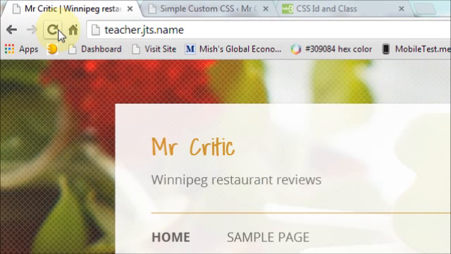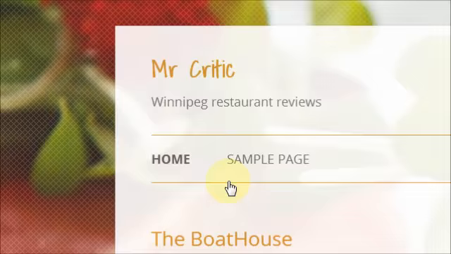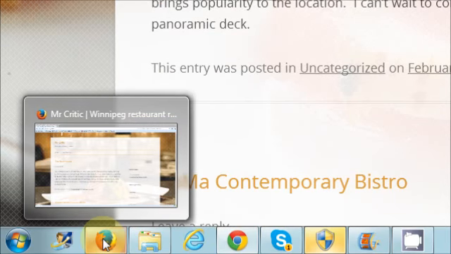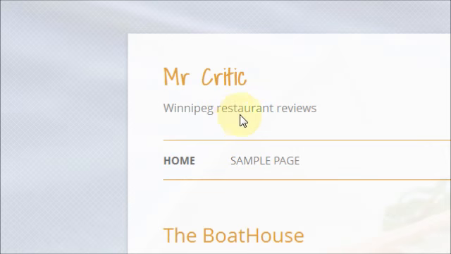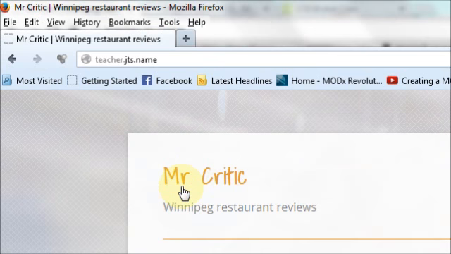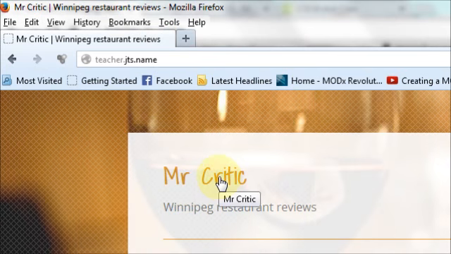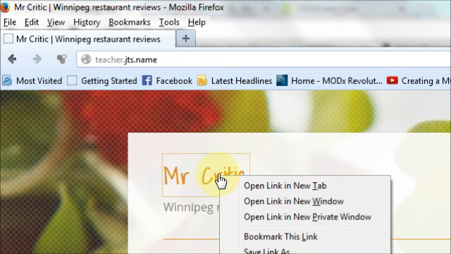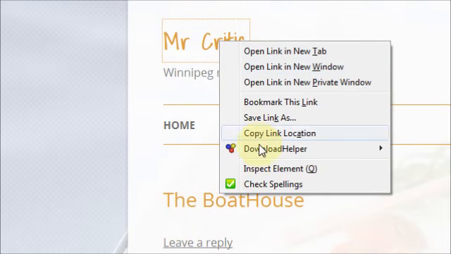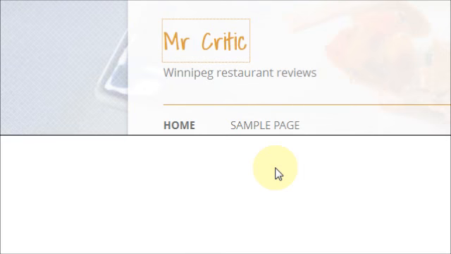So let's try and find the ID selector for the header title here, and you can do that in Chrome or in Firefox. I'll demonstrate in Firefox first how you can find the ID selector. All you have to do is move over the element that you wish to know the ID selector for. If I just right click on here, you'll get a little menu, and if you click on Inspect Element,